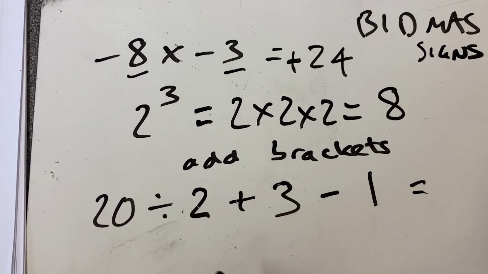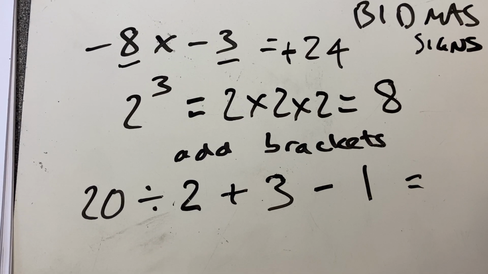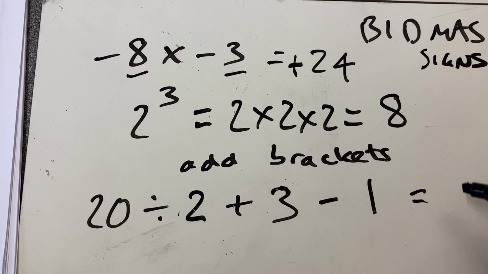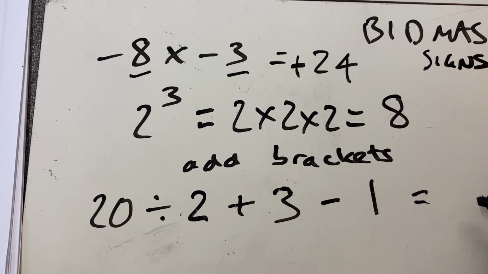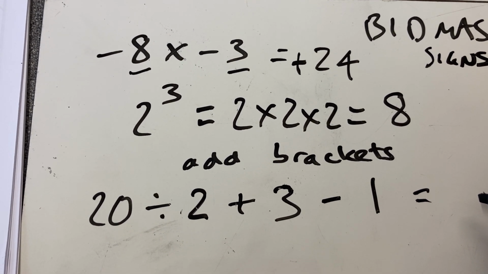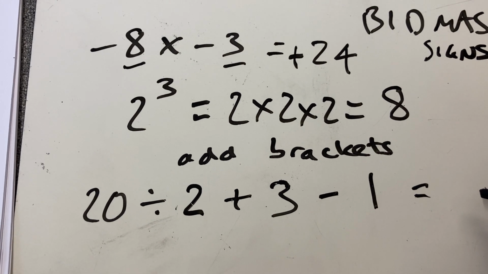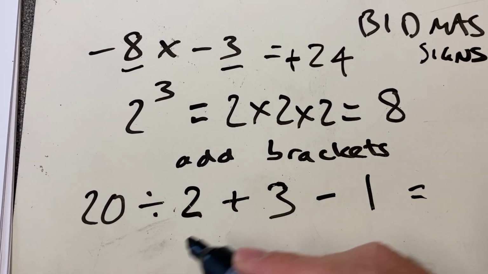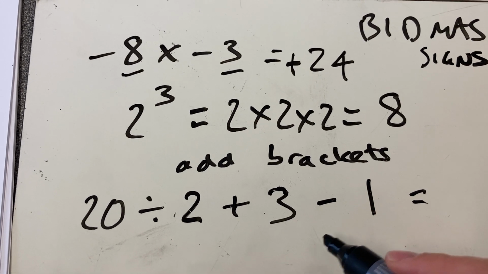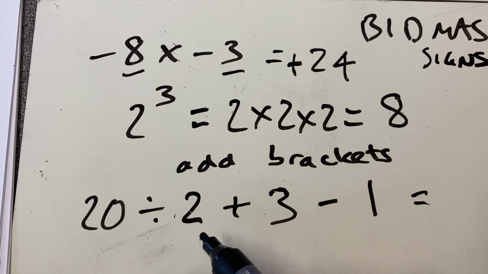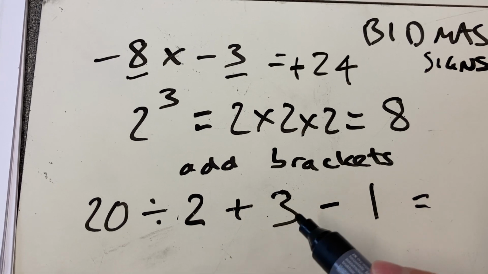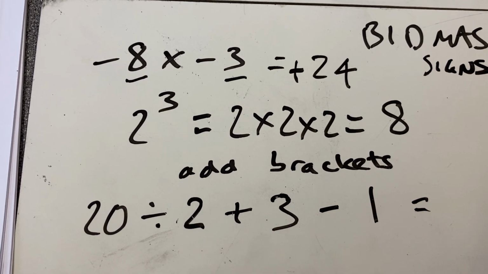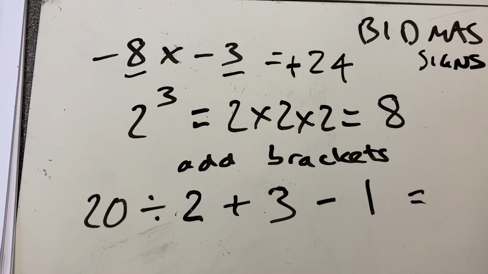And now we have to add brackets to make this statement correct. Oh, sorry, I haven't put the answer there. So it's 20 divided by 2 plus 3 minus 1. So if I did that without brackets, I would think I'd need to do 20 divided by 2 and end up adding 3 and then subtracting 1. But if I include brackets, it would change it. So let's watch how this works,